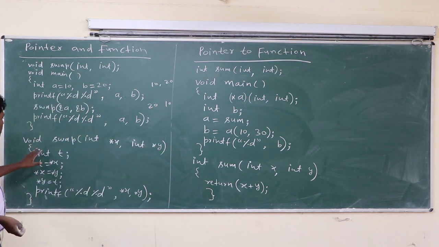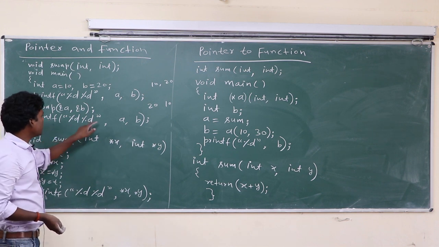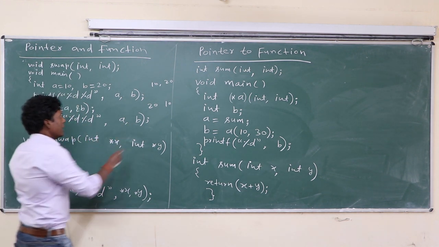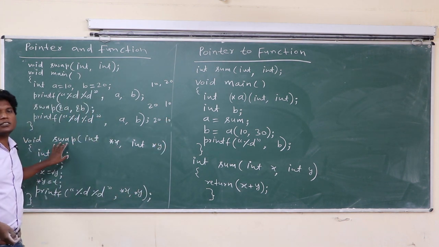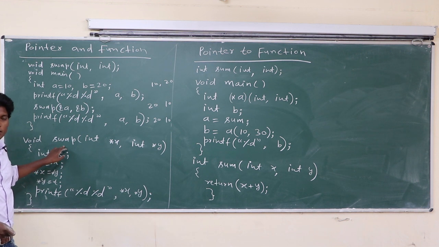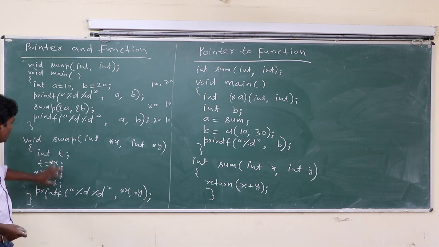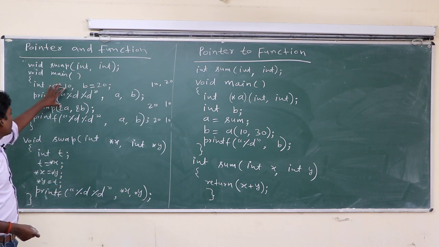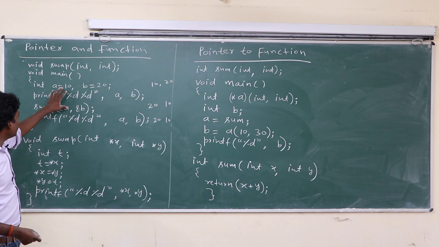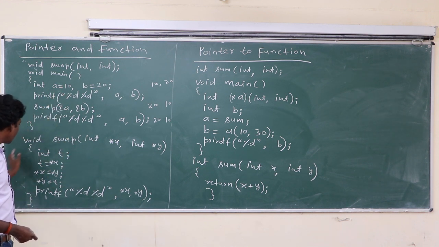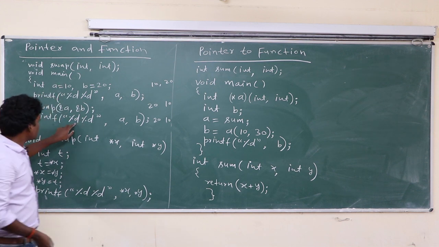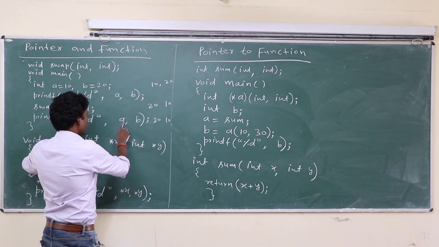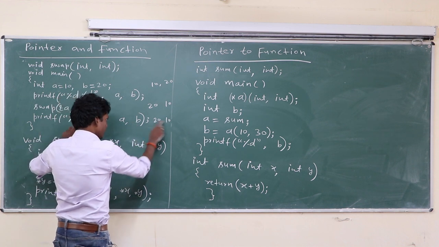Okay class. Here again %d, a comma b. What will be the result? Here also it will be 20 and 10. Class, when you call a function by address or by reference, then a modification done in that function will also reflect in the calling function. So main is the calling function. So whatever is changed here will also reflect in the main function. So the change will be also here. So here will be 20 and here will be 10.